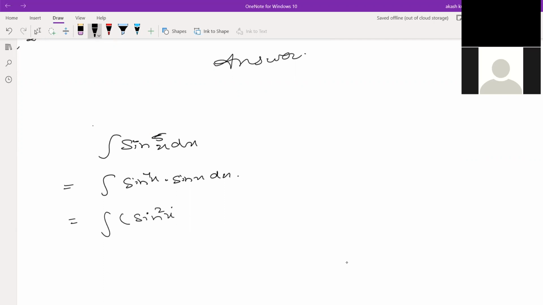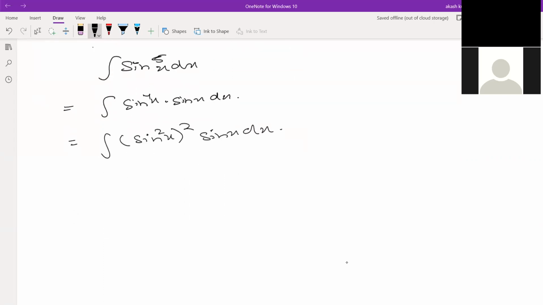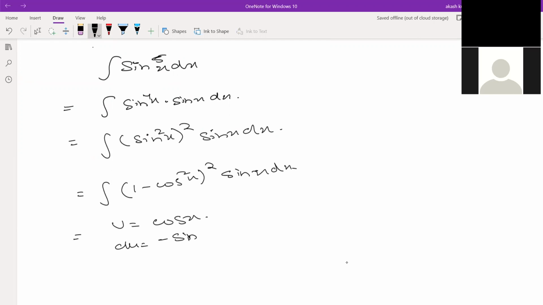Can I write sine 4x in this form? And instead of sine square x, I can write 1 minus cos square x, times sine x dx. Is it clear so far? Yes. Okay, now I can say that my u is cos x, and my du will be minus sine x dx. So my sine x dx will be my minus du,